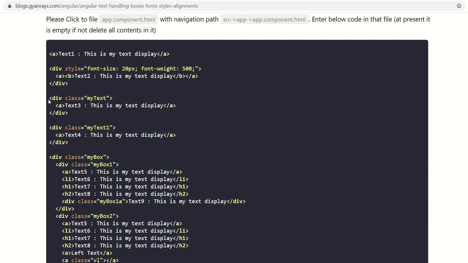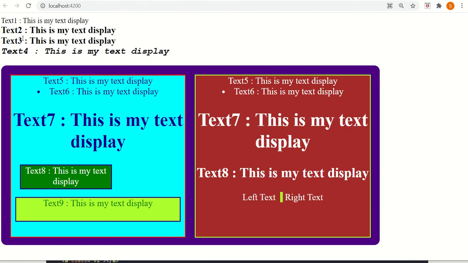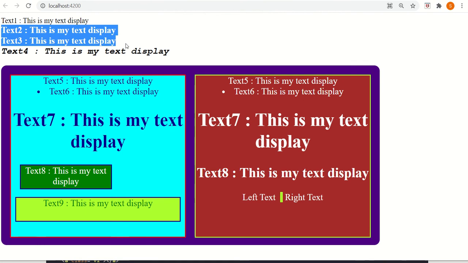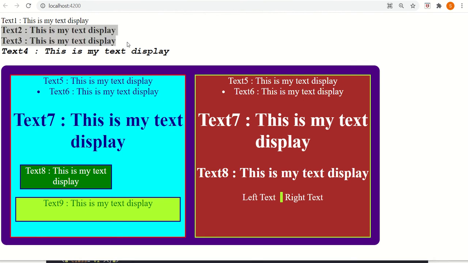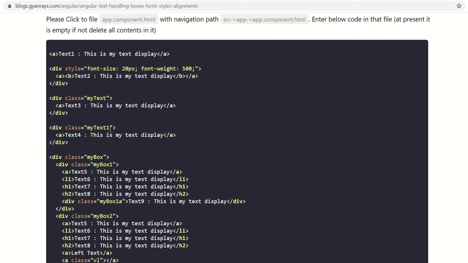Similarly, if you want to display text 3, text 2 and text 3 are both the same. However, the other way or possibility to display the text is different. Here we are setting the properties in the HTML file, and here we are setting the properties in a CSS file. The same style property we have copied and pasted in our code in the CSS file.